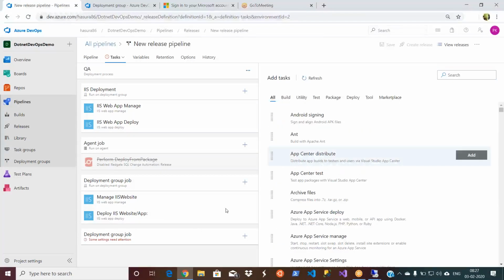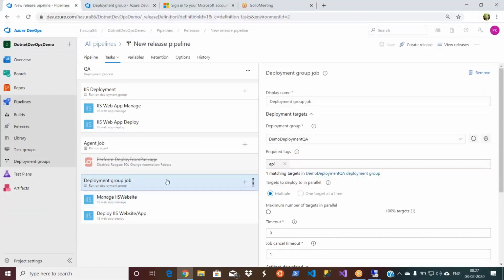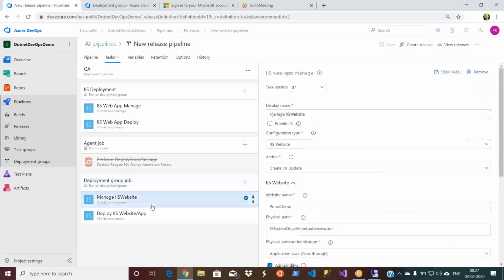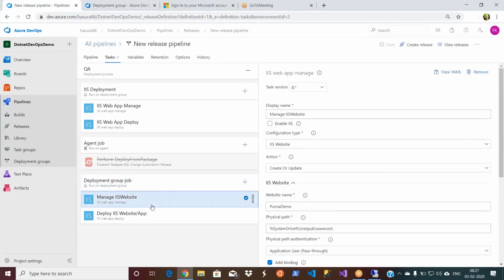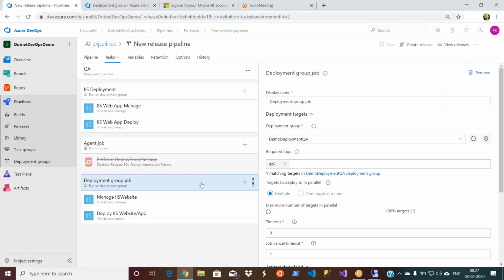Let me remove this. The easiest way for you to understand what properties you need to set here is to go to our existing deployment group where we did the configuration and replicate them here as well, because the properties are the same wherever you use the task. In my deployment group job, I'm using the same demo deployment QA.